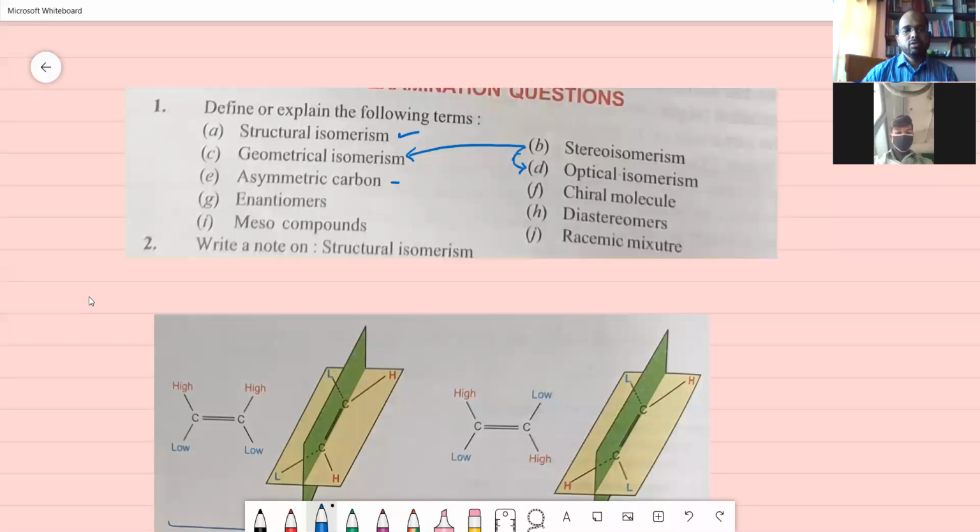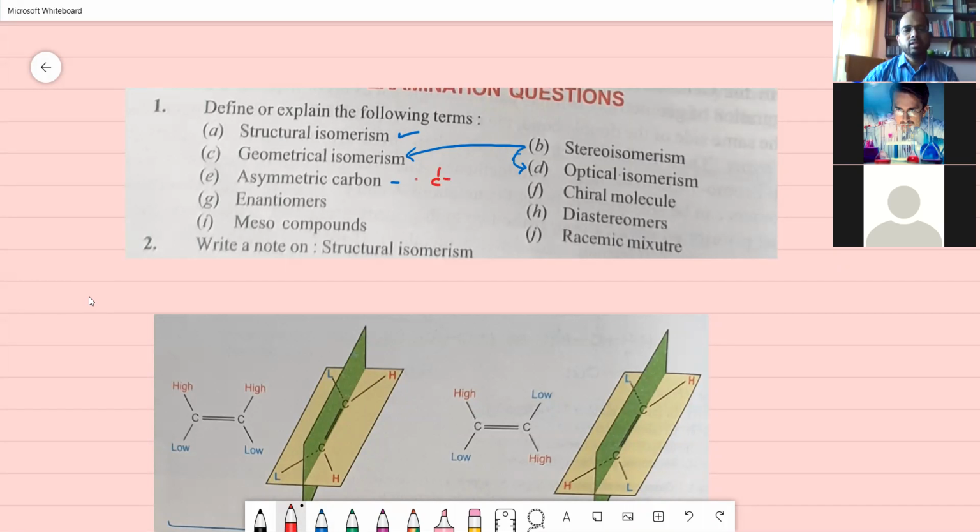An asymmetric carbon atom is one in which you have 4 different atoms. So you have to explain it by means of a carbon atom like this: C with A, B, D, and E, 4 different groups. And this asymmetric carbon atom at the center is what you call the chiral center also. Both are almost the same, but definitions vary because a chiral molecule will have 4 different groups, and an asymmetric carbon is a carbon attached to 4 different groups. But here it is an entire molecule which reflects the optical activity.